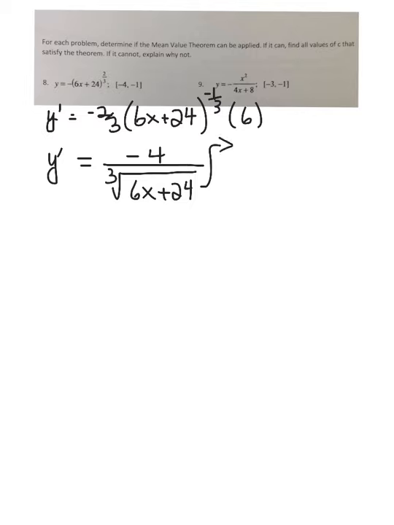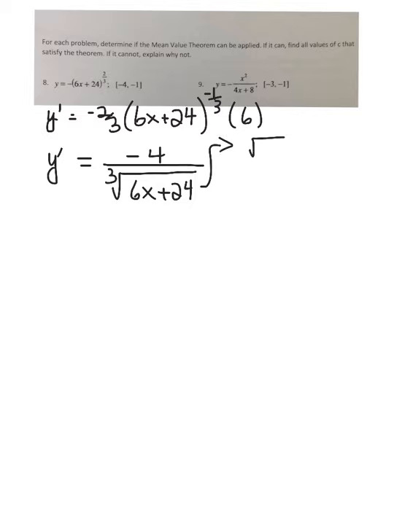All right, so I'm going to simplify that, and I'm going to do negative 2/3 times the 6, which is going to give me negative 4. And then I am going to take that negative 1/3 power and bring it down to the bottom, and I know that that's a cube root. So there's my denominator. Okay, and there's my derivative. Now, remember, we tested for continuity, and it was fine because there was no denominator. But now the derivative does have a denominator,